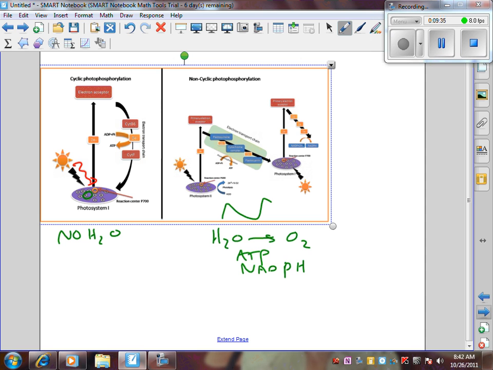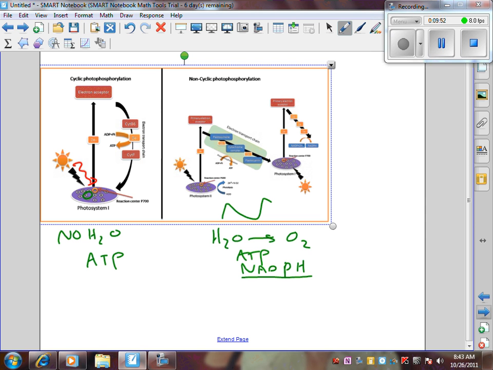But because the electron doesn't get stored in a new molecule like NADPH, we only make ATP in this one. So you ask yourself, well, why don't we do just this one? Well, we do need NADPH when we get to the Calvin cycle. So depending on the